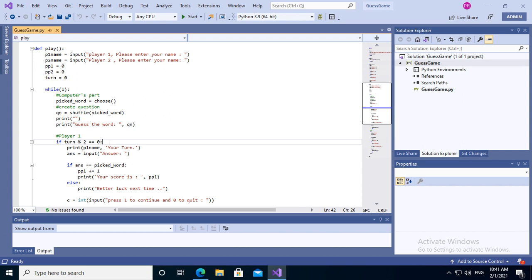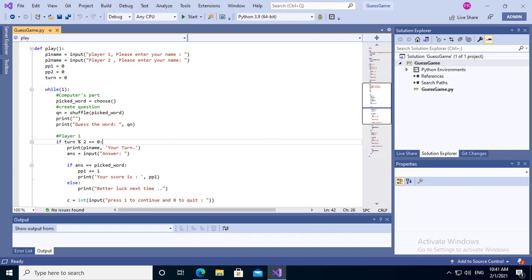If you see, the even value of turn is the chance of player 1, and the odd value of turn is the chance of player 2. To keep track of even or odd, we will use the modulo operator that divides and returns the remainder. For all even numbers, the remainder is 0. For all odd numbers, the remainder is 1.